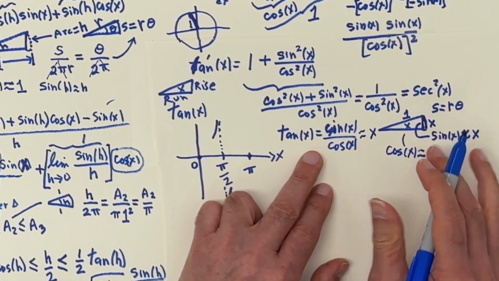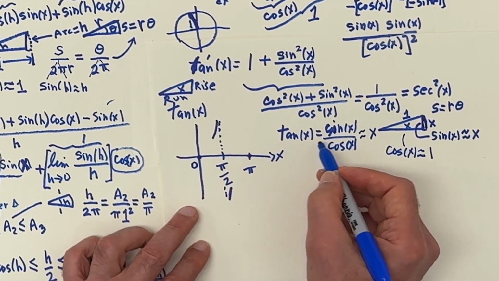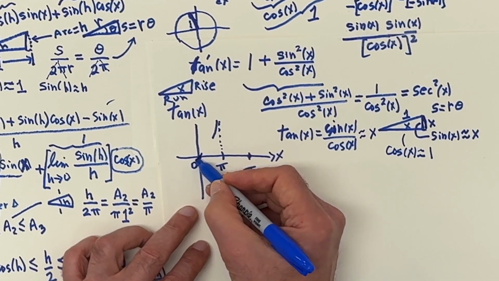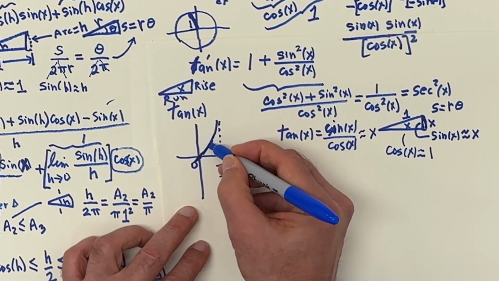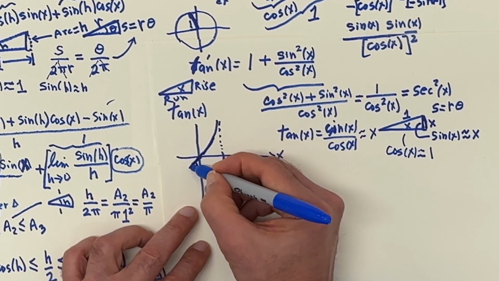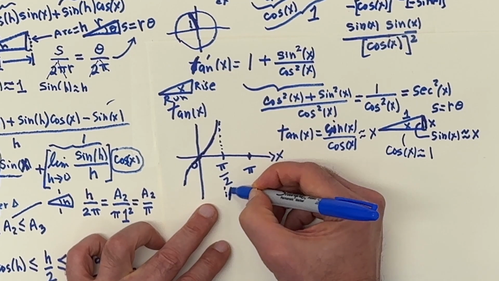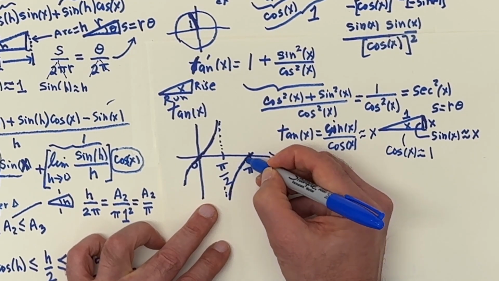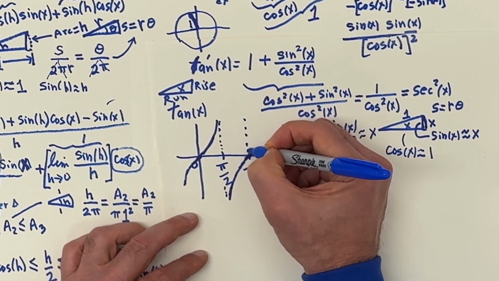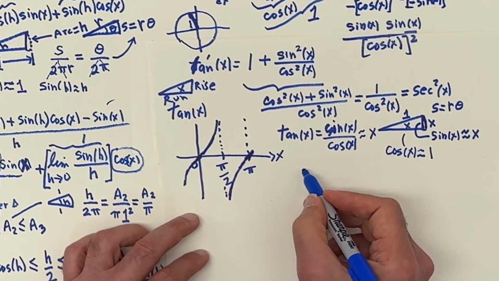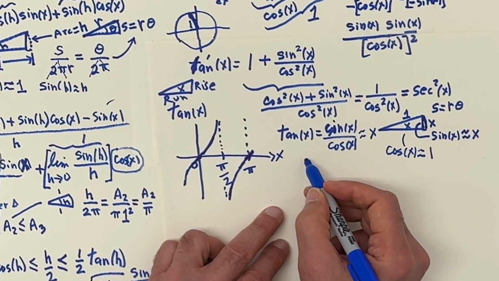Now x has to be in radians, but this is very good to know because that's a simple straight line. y equals x. It's a straight line. It's got slope 1. So then I can complete and go on either side there. So this one's going to come up, and when it crosses, it's going to be 1. Now let me show you that, because it may not be obvious that on the other side, the slope would still be 1. So if we look at that,